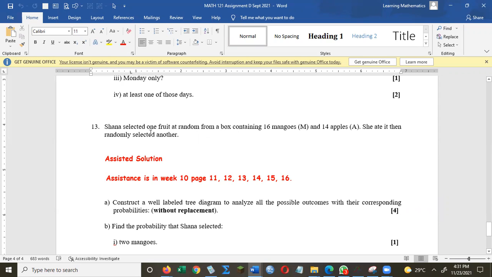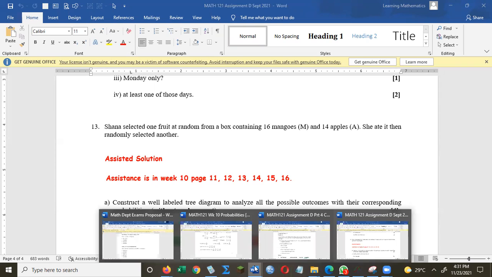imagine those two sentences you see there, Shana and apples, full stop, she and another, full stop. This information can be represented on a diagram. Okay? All of those words, those two sentences, can be displayed on a diagram. And in probabilities, it's called a tree diagram. The tree diagram we're going to use